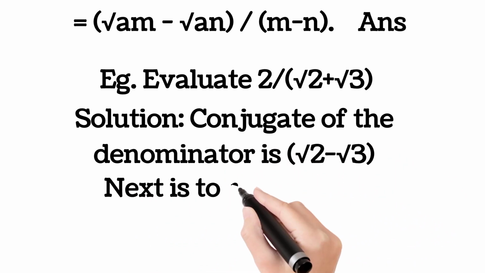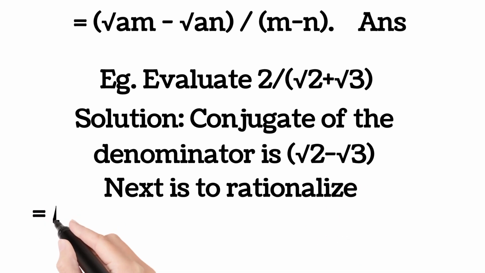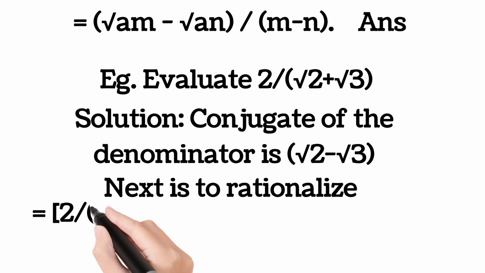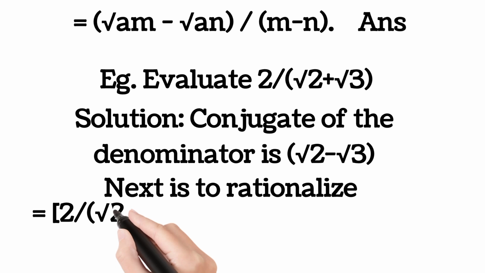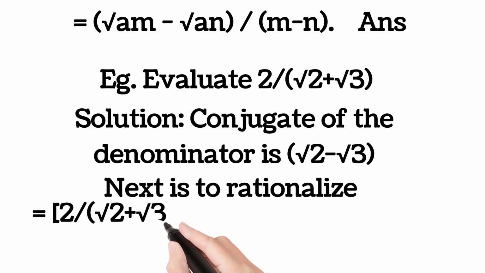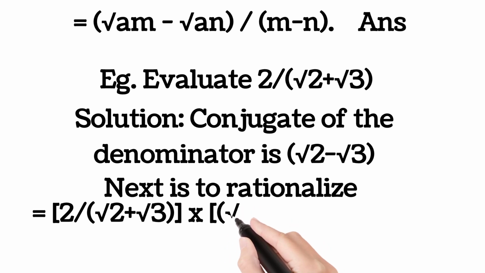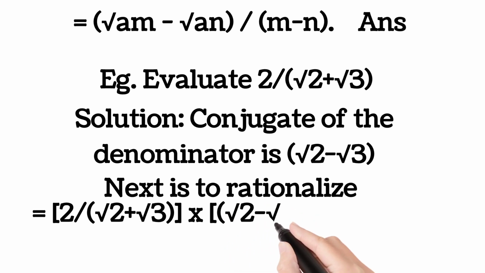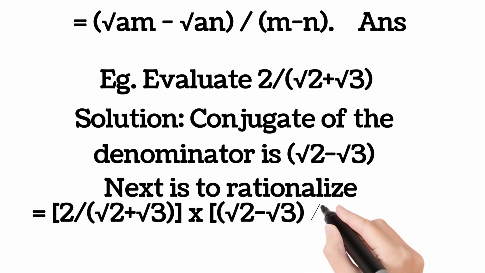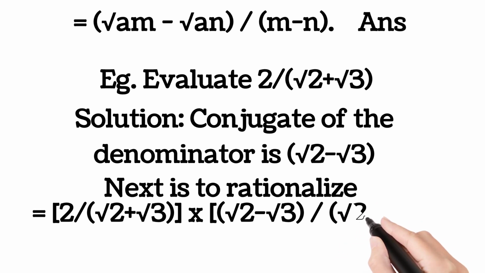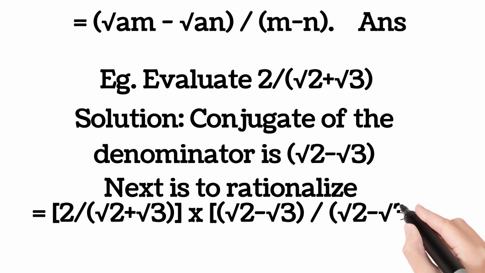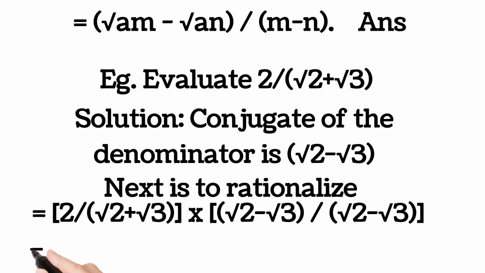The conjugate of the denominator becomes root 2 minus root 3. That's changing the positive to negative. Next is to rationalize, and we'll do that by multiplying the denominator and numerator with the conjugation of the denominator, which will give us 2 divided by root 2 plus root 3, times root 2 minus root 3, divided by root 2 minus root 3